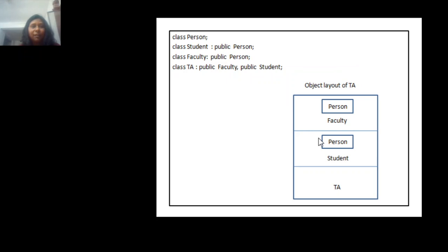So in turn, when we have one instance of student in the TA object, the student will have one instance of its base class, that is the person class. Similarly, whenever we have a faculty instance in the TA object, this faculty has another instance of its base class, that is person. So we are getting two instances of the root class, that is class person, in this case.